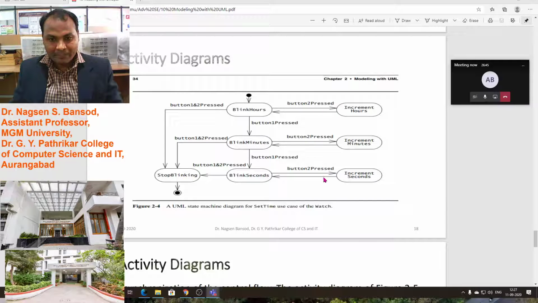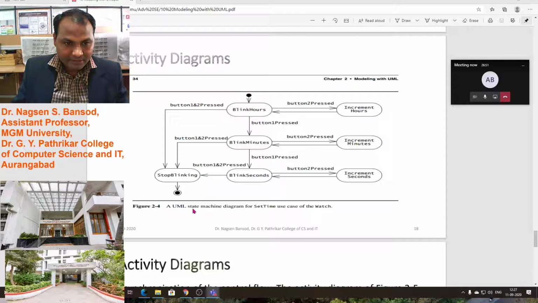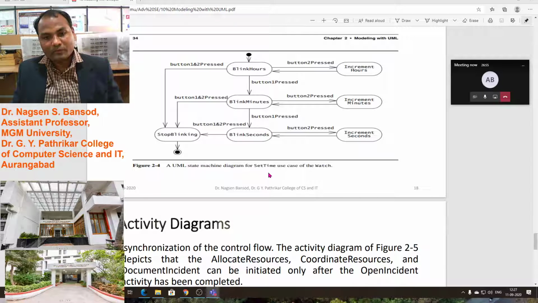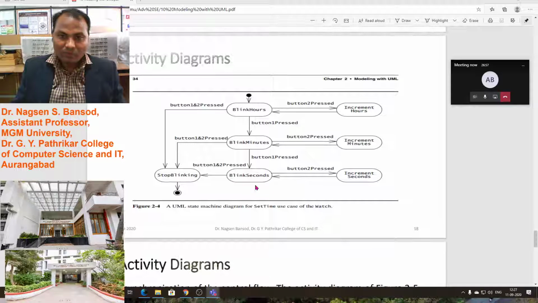After performing this operation, press button 2, and blinking will be stopped. In such a way, we can represent the state machine diagram for the set time use case of the watch.